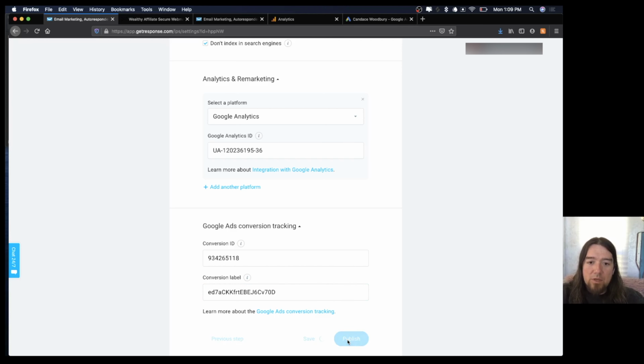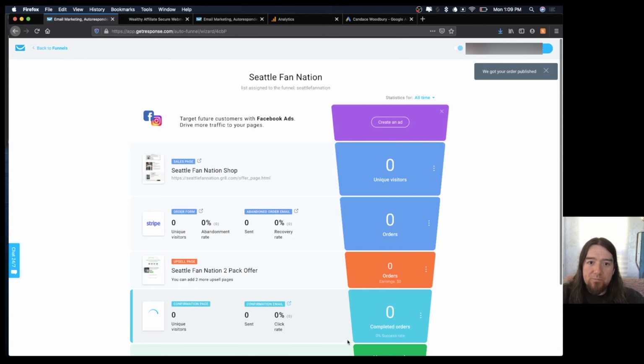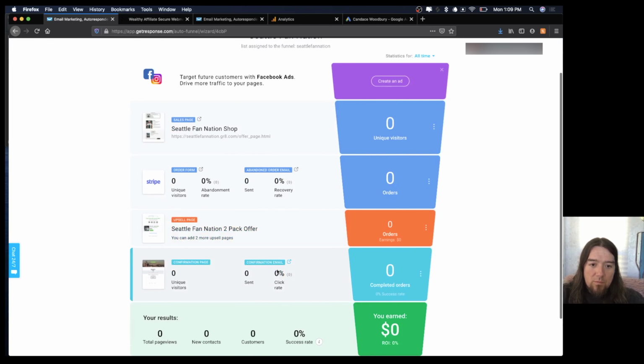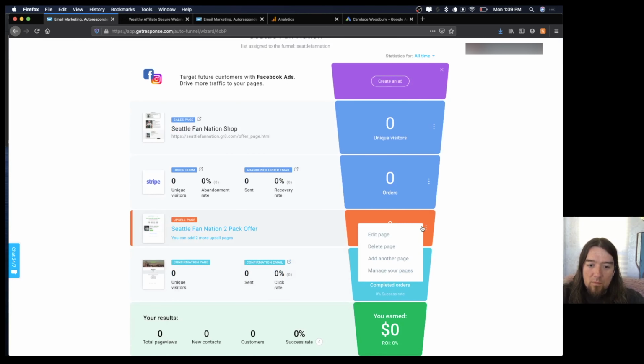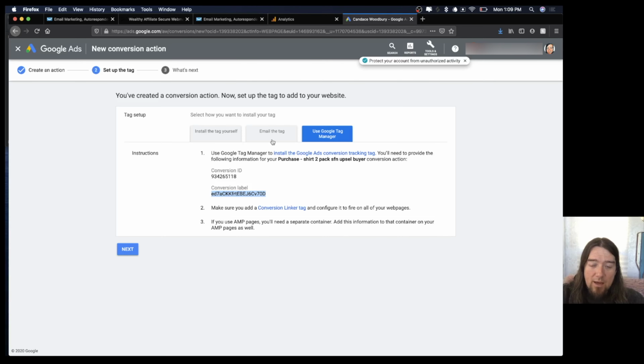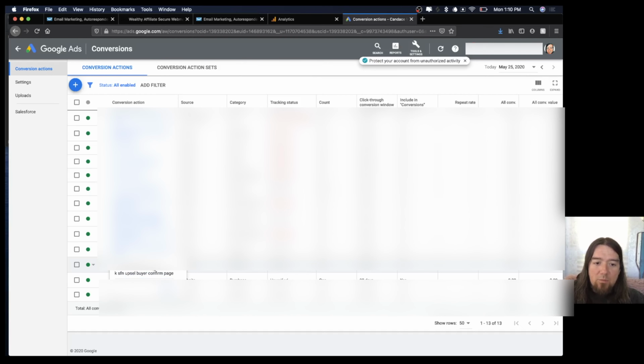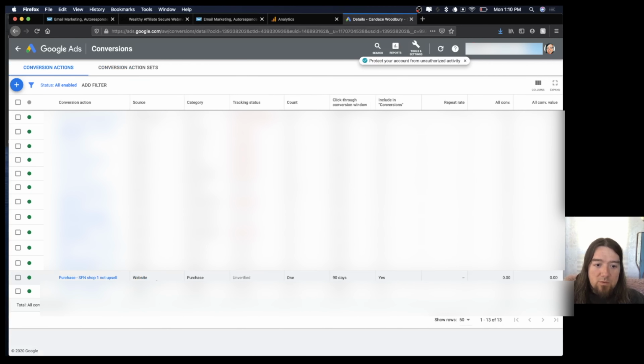We'll click publish. So on this one here, I'm going to edit. Let's click next. Always label your conversions just so you understand them. So this one here,